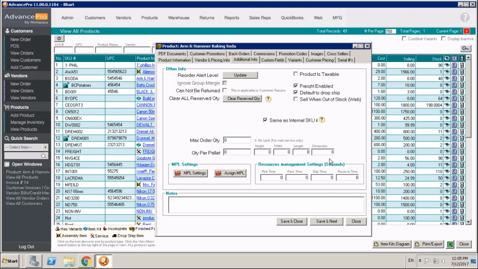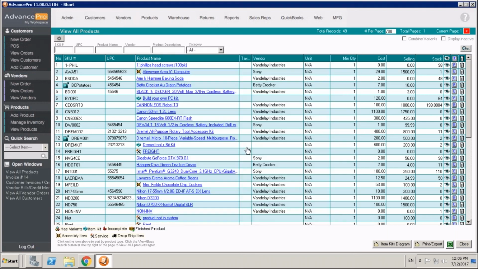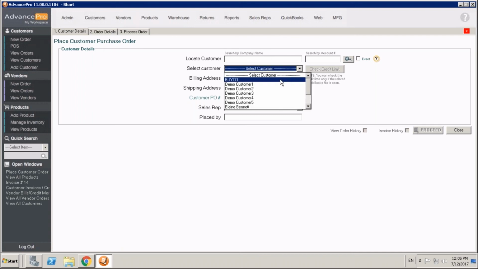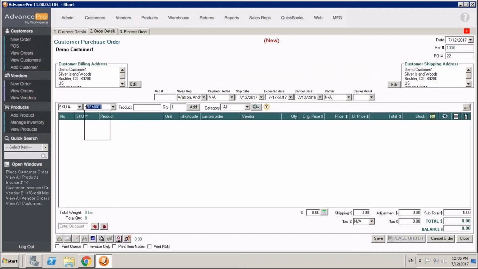The other thing that I'd like to address is what happens if we split an order up. If we have a customer order, and let's go ahead and get 2 or 3 items on that order this time, and we'll just talk about how you can manage that. And for more information on this, you'll be able to take a look at our back order management video that goes in depth about splitting and merging customer orders that get complicated. But we'll just get a couple of items on this order, and we'll save, and we'll go to process the